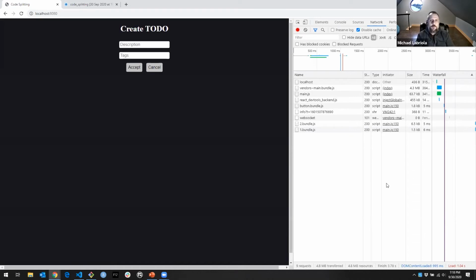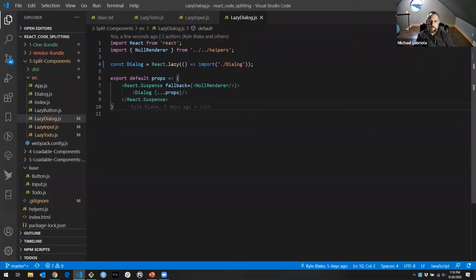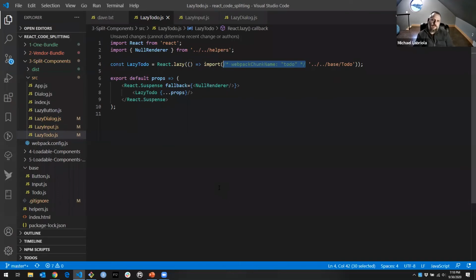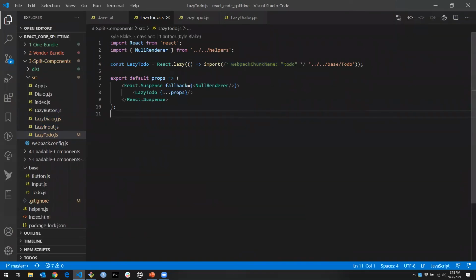So while we could do this through config, Webpack actually supports a whole bunch of these magic comment ideas, whereby we can tell it little bits of information in comments in our code. So in this case, we've told it we want